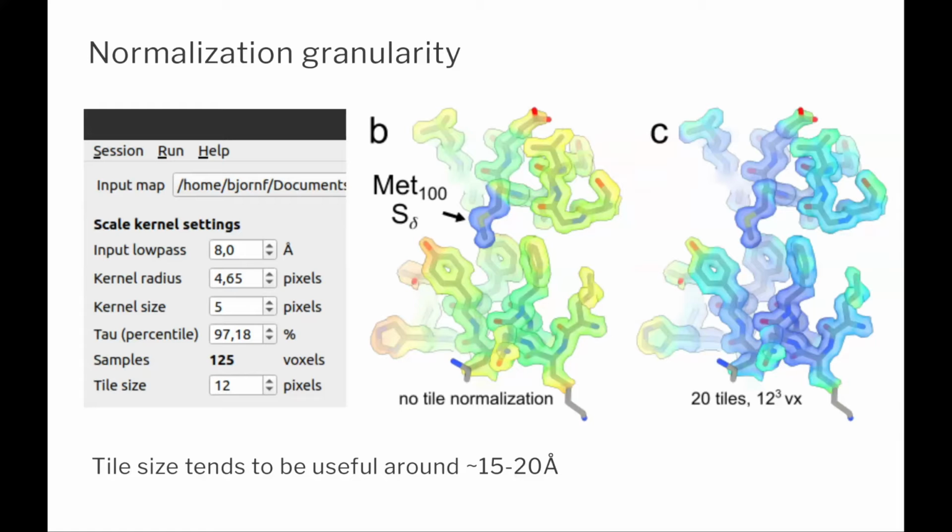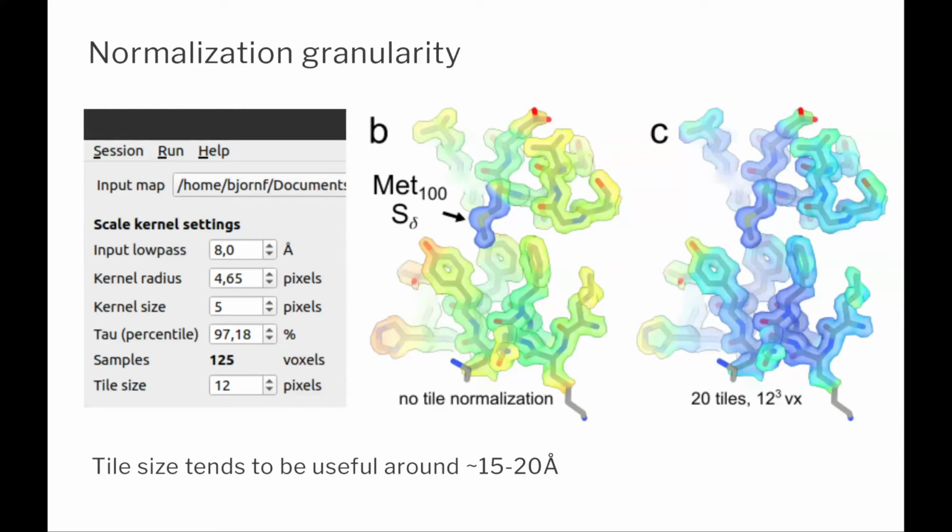Sometimes you have a high resolution reconstruction, such as this apoferritin reconstruction, where the resolution is sufficiently high that a single high mass atom shows much higher reconstruction values. If you don't consider this at all, Occupy would find that this one location with this high mass atom has 100% occupancy and everything else will be underestimated. So this tile size really allows you to define the granularity of what 100% occupancy should be.